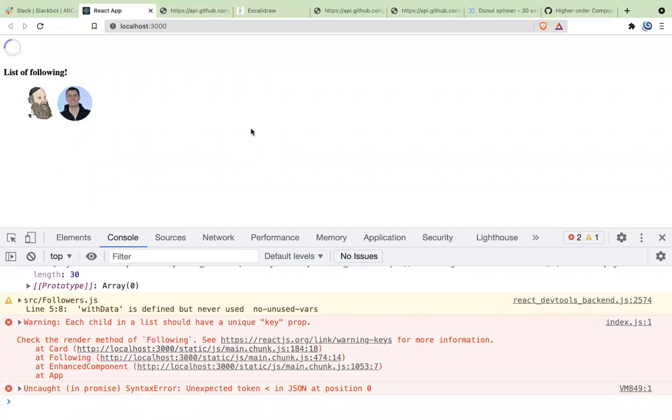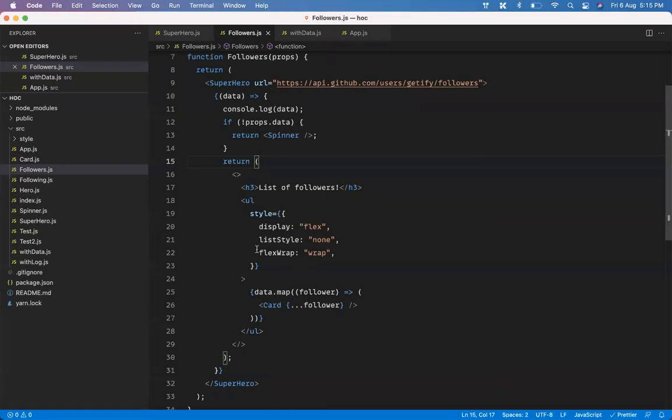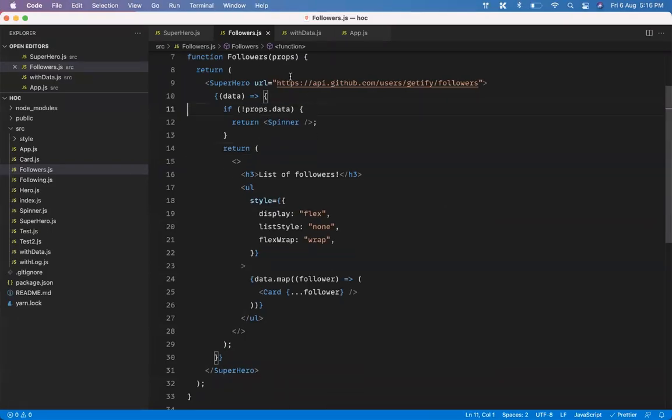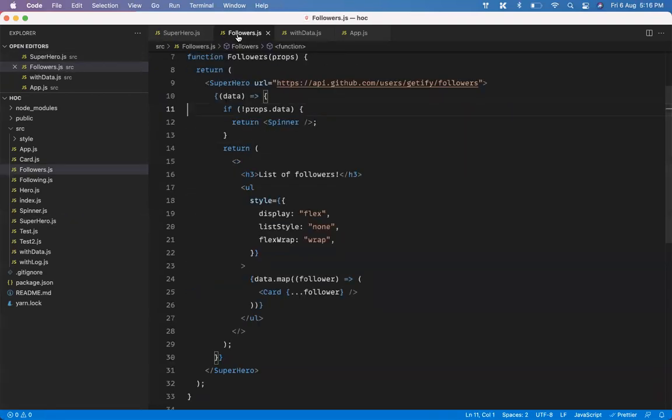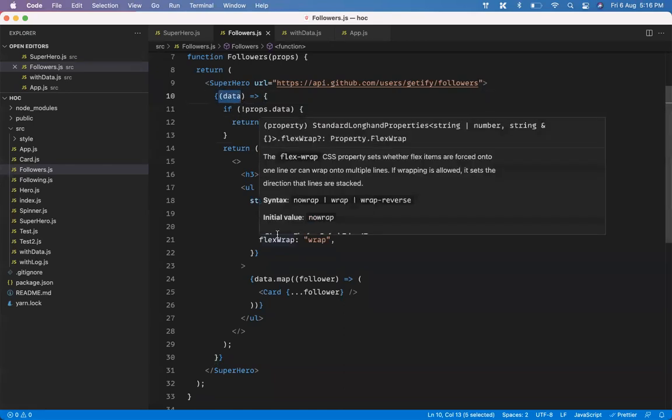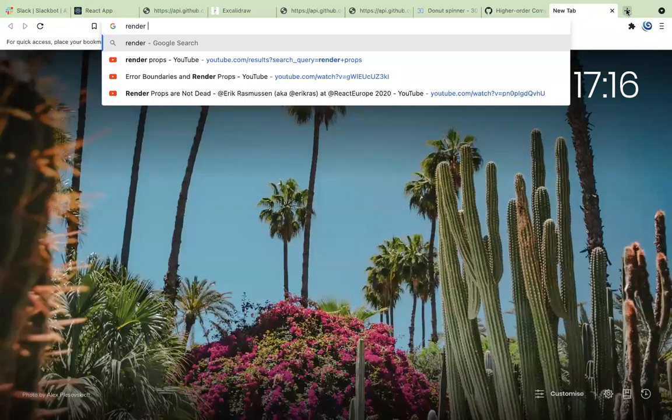But this is what render props is. The concept is very simple. You just need to send the data as a prop, in terms of a children, whenever you're calling it, and here you accept it and you can use it in whatever way or form. So you accept that and use it. You will also be using render props in a lot of different places. Similar to with router, you will see the render props pattern in different places.